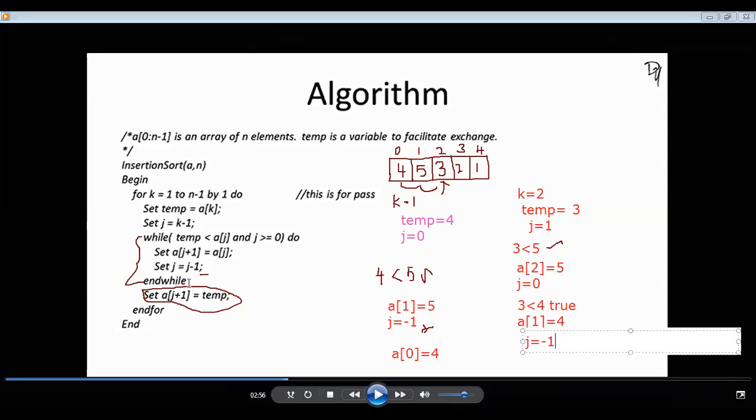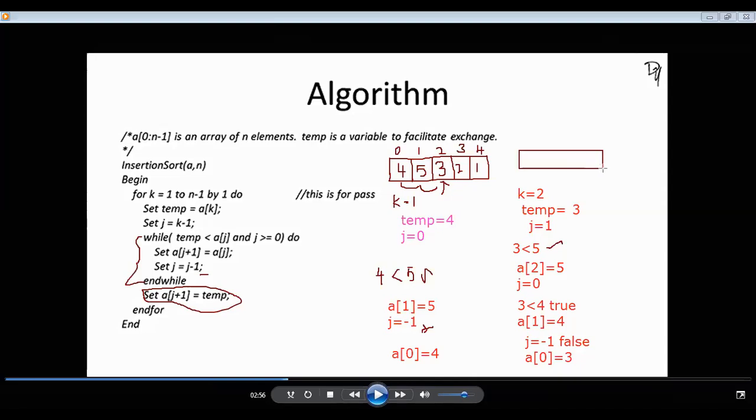So when this while loop runs again, this loop will fail, because j is not greater than or equal to 0. Because we reached the last element, backward. So at the end, what do we have to do now? Now I found the proper position where I should insert the current element, that is at A of 0. That 0 I can take from the j value. Since I decremented 1, that is why I'm putting j plus 1. So obviously A of 0, from temp I can take. Temp is the current value. That's it.